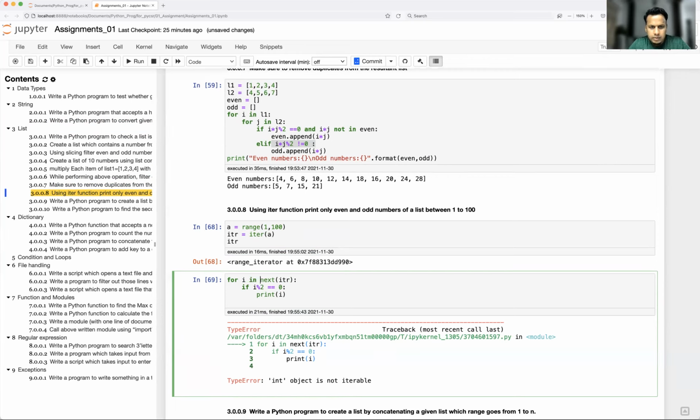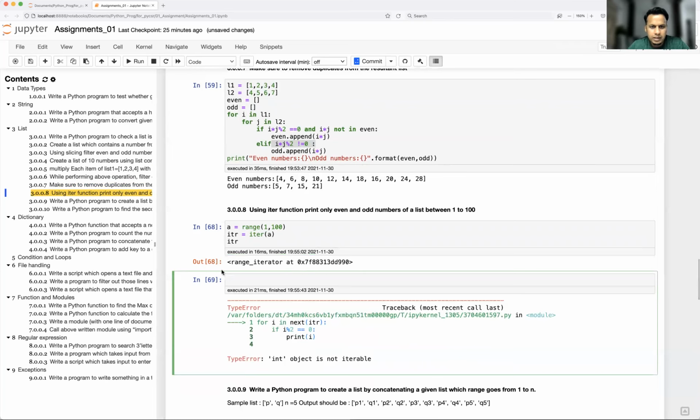Okay, so oh, this is integer, right? So I cannot use this. In is required for a table, but this is not a table. It is already fetched one integer. So we have to look for another solution. So what we can do is keep iterating over this object.